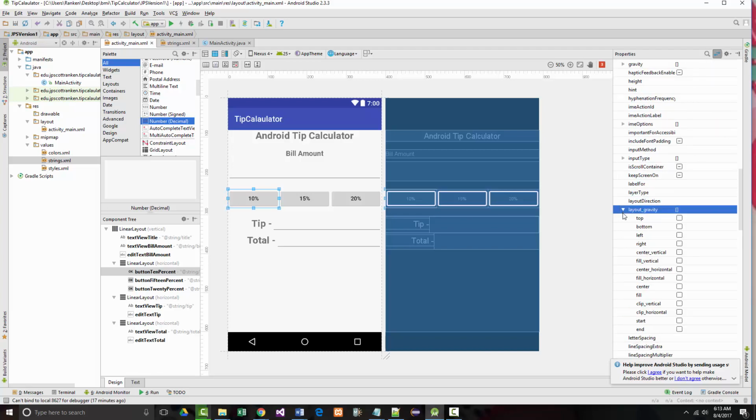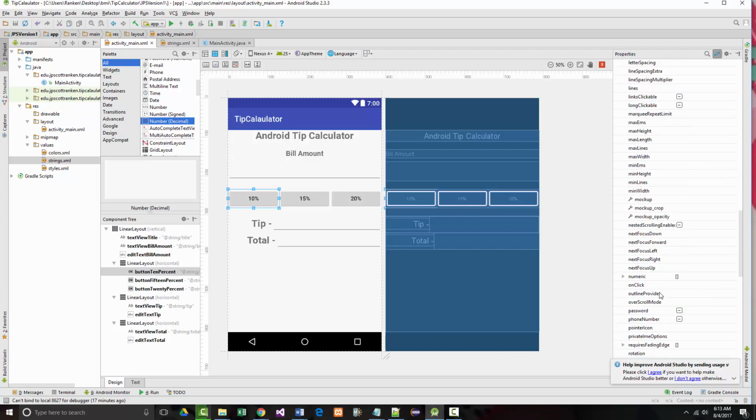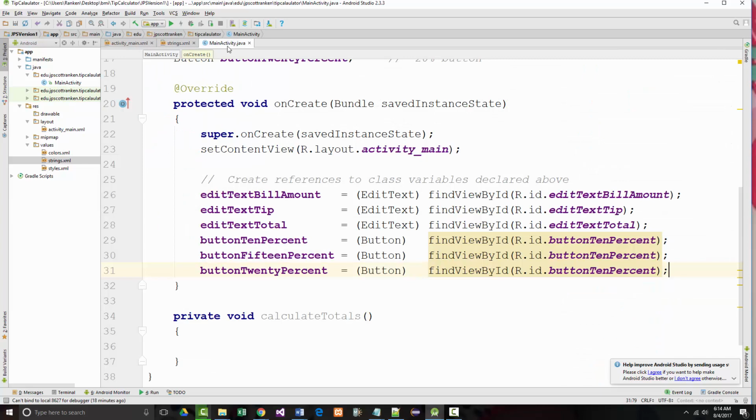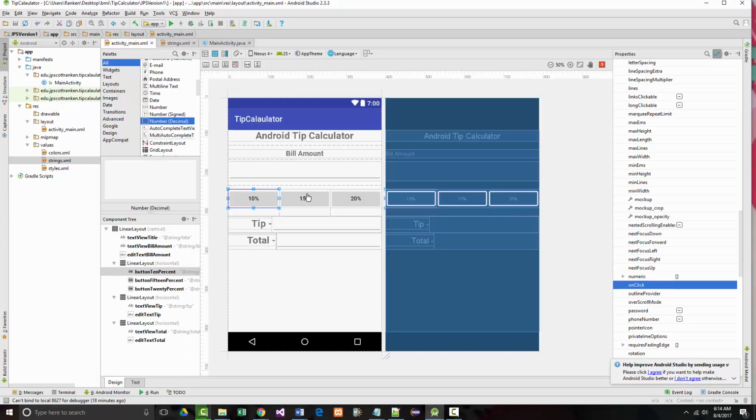Again, I wish that these things were a little bit better as far as how they're laid out. So right there, I could go right there, which says when I click this, I'm telling you what to call. So I could type in there, calculate, what do we call that again? Calculate totals. That's the way that I was taught to do it, but I've been looking at some videos online,